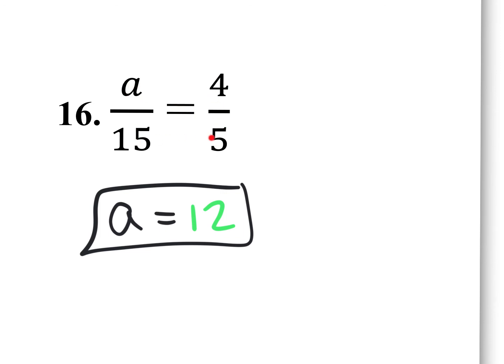15, how does it reduce down to 5? Dividing by 3, right? Going backwards, it'd be 15 times 3. So over here, 4 times 3 would give you what? 12. That's mental math. But what I would like you to do is do what we did just a couple of seconds ago, multiply both sides by 15, and then reduce. Anyway,